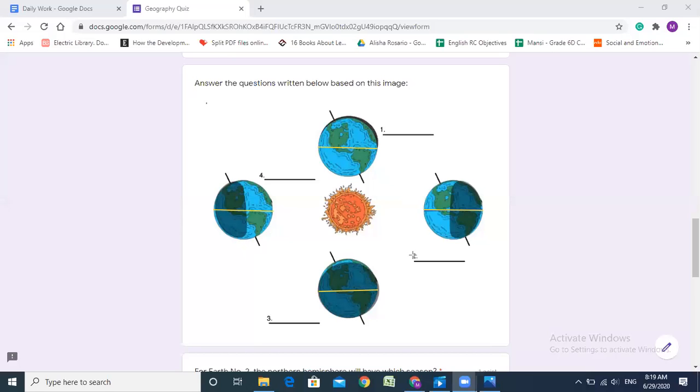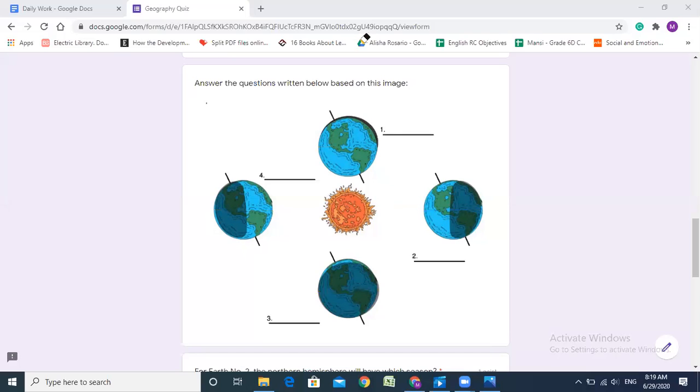Alright, so let's see. So here if you can see that directly the sunlight is coming on northern hemisphere. Actually this is not like this. It is somewhat like, it's a bit slanted.